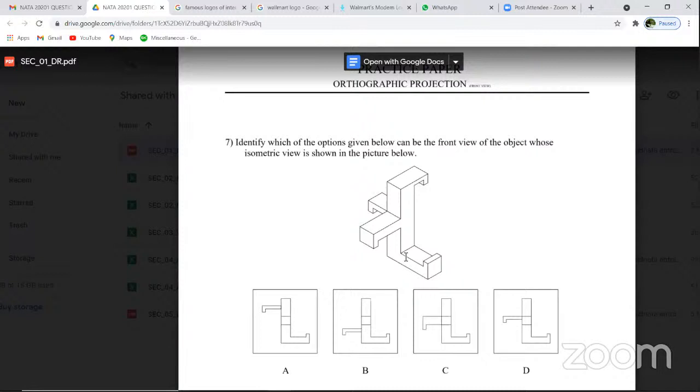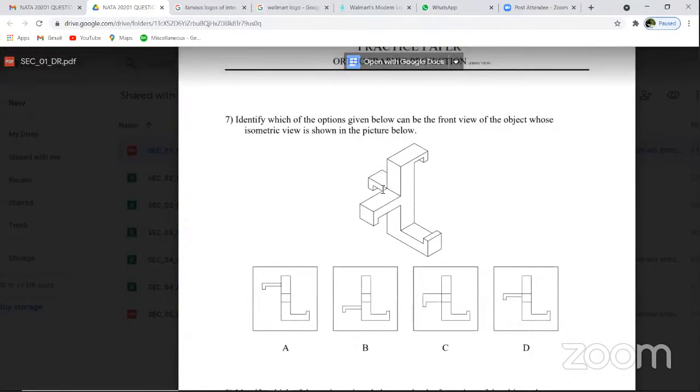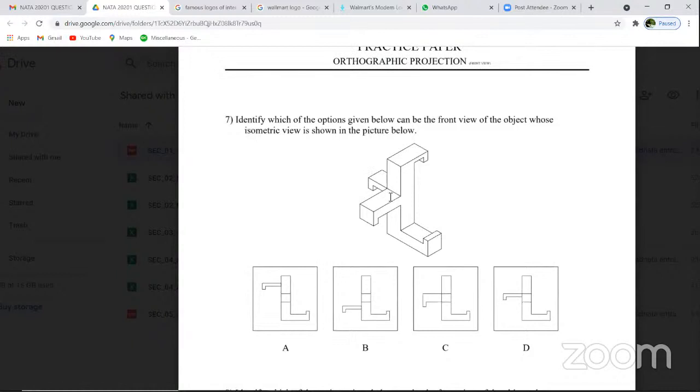If you see this from the front, okay, D. Now, am I audible? Yes, ma'am. So when you see this, it looks like it is up, but it is on the same level as this one, so this is out. So this will also be out. Here, the length you see is